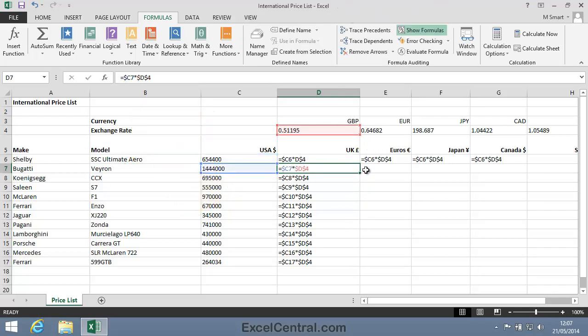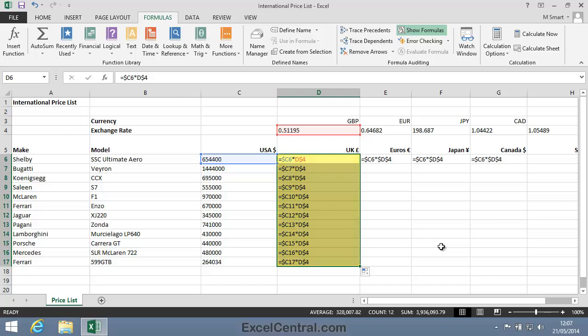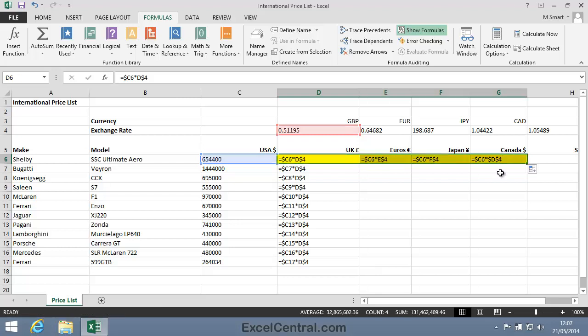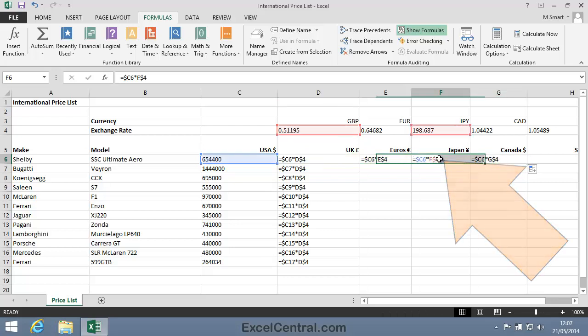Once again, I need to make sure that the formulas in column D, which I know are correct, are not going to be changed by removing the dollar sign in front of D. So I'll autofill down the column, and apart from that dollar sign, I expect all the formulas to stay exactly the same. And they have done, of course. All right, let's now try autofilling across the column, and as I do, you can see that the exchange rate is being correctly adjusted. Let's look at that Japanese yen price again.